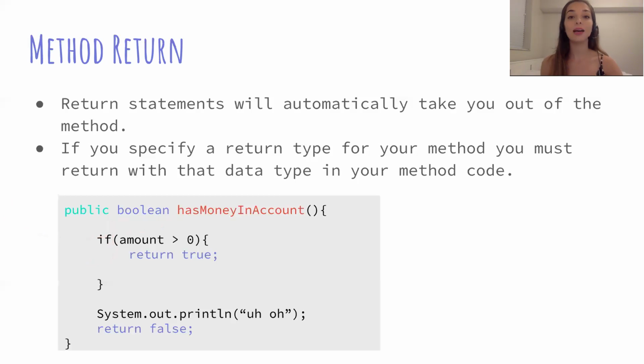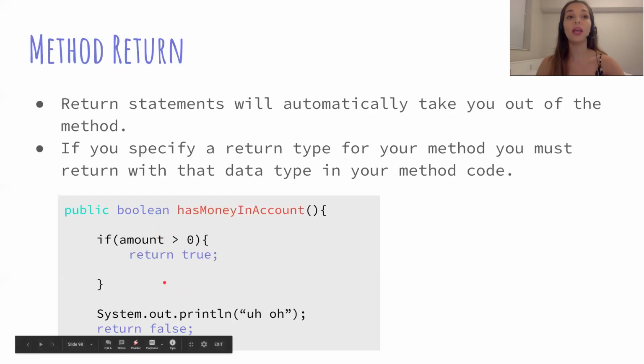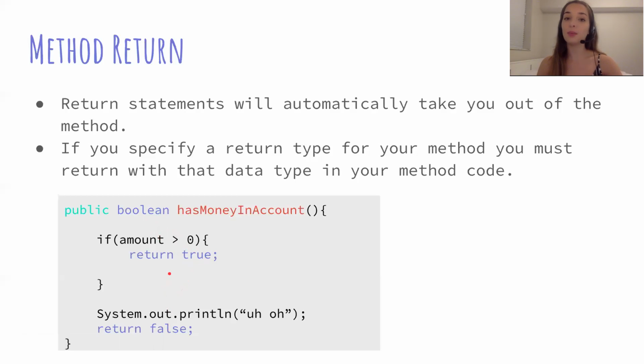Return statements allow us to leave our methods and give back something to whoever called our method. Now remember, if you specify your return type up here, all of the returns inside your code have to match that data type. So here we have Boolean and we have true and false. But if you had put a double or a string, you would get an error because it needs to be